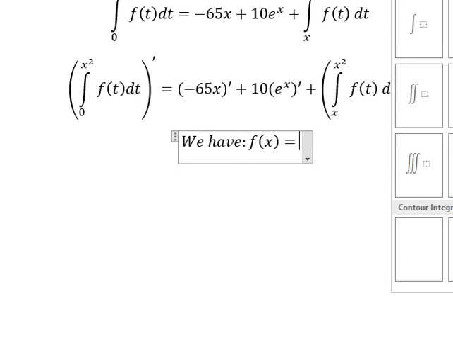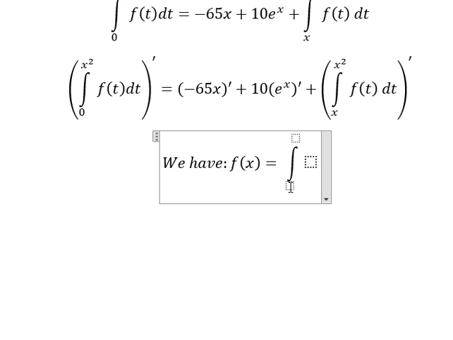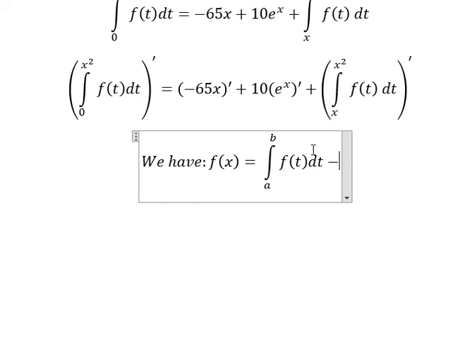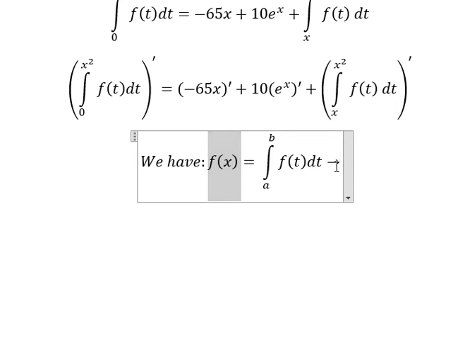For example, we have the integration from a to b of f of t dt. So if we do the first derivative with respect to s, we have